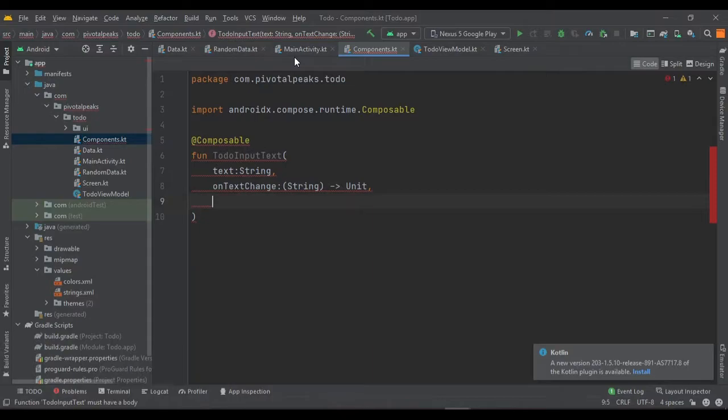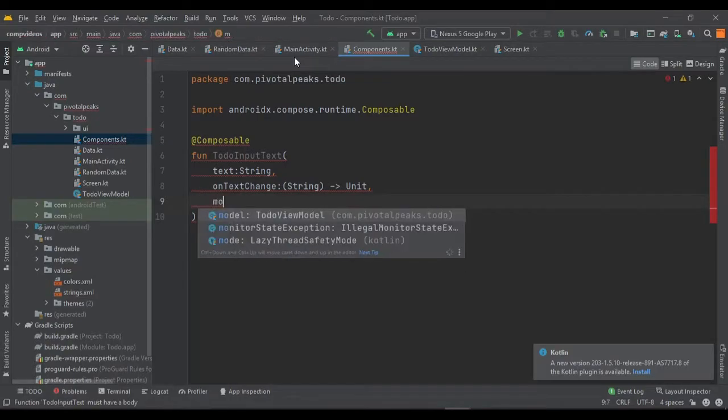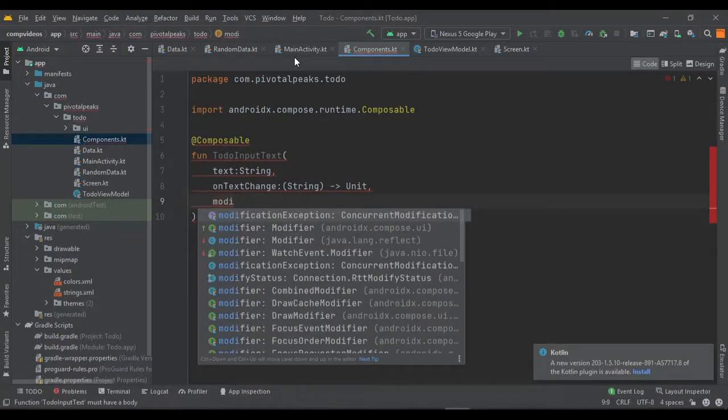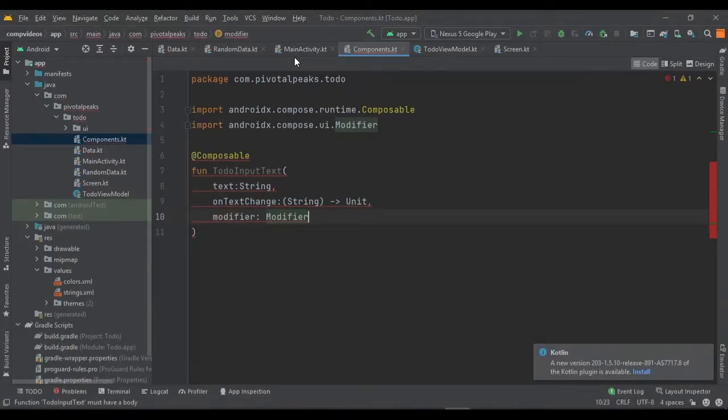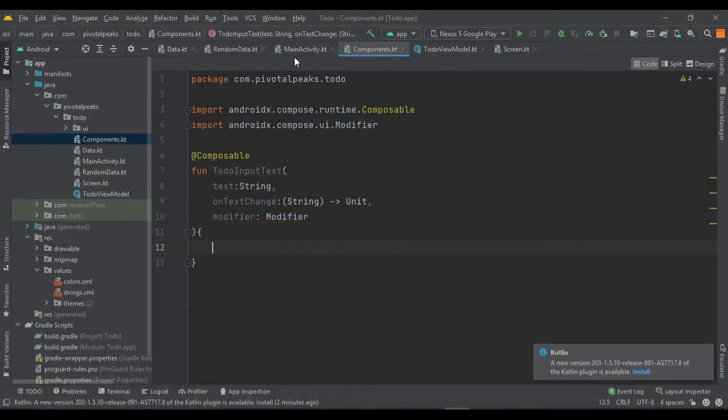And the third option is going to be our modifier, and then we will create the text field.